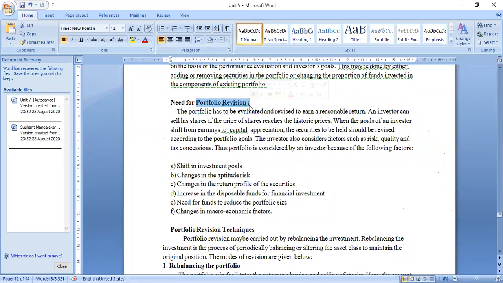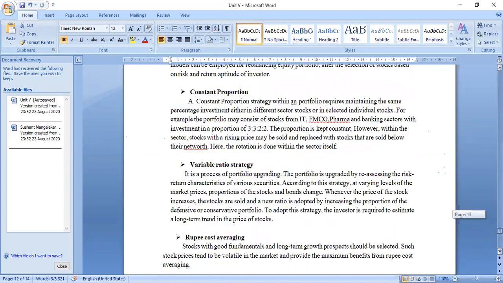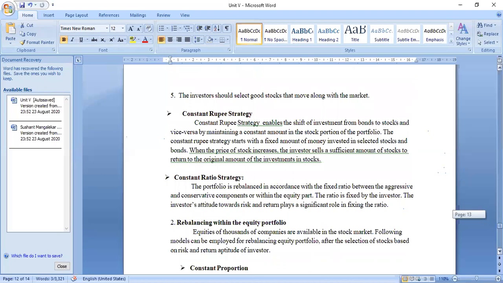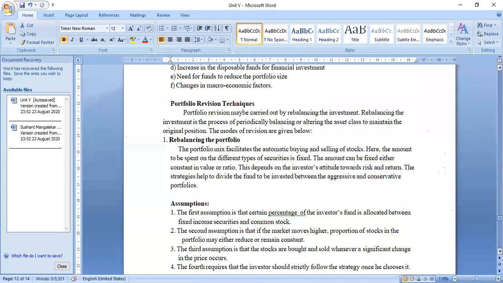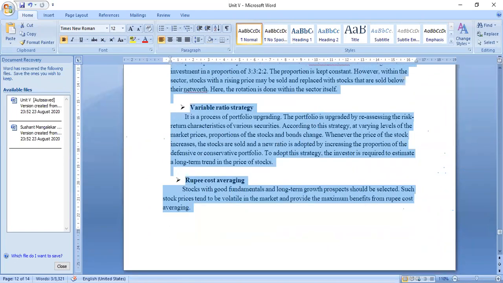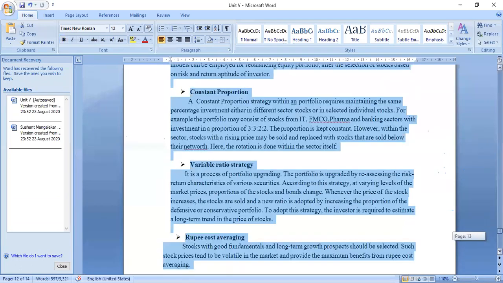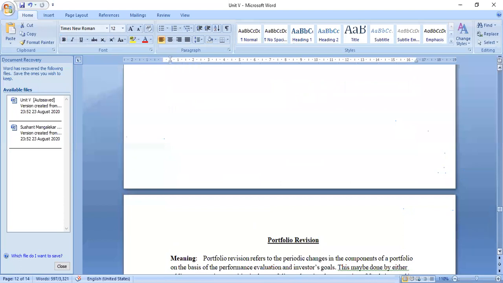At the same time, there are two important techniques which are taken into consideration when we try to revise our portfolio, and along with that we have certain sub points with regard to portfolio revision. I guess we are left with only some 2 minutes, so this would be incomplete. Tomorrow would be the last session, wherein I will complete the portfolio revision techniques, and after that we will try to highlight the question papers.